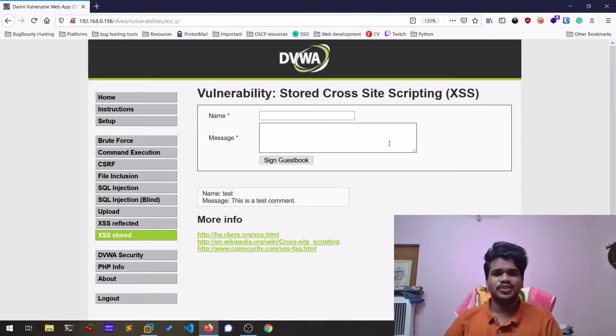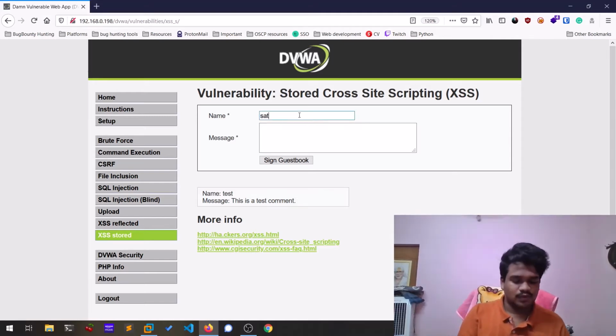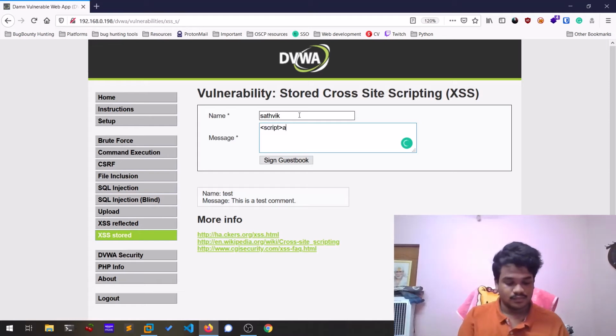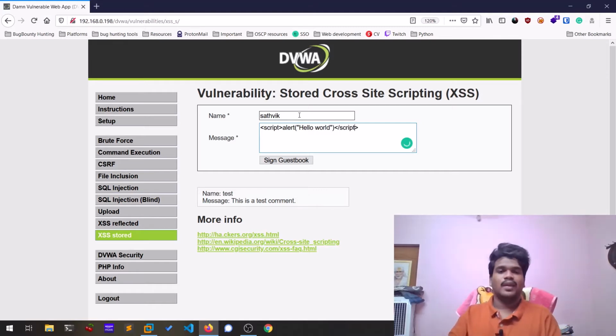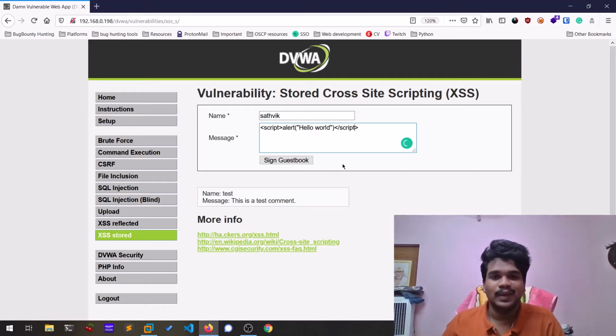So now I'll be showing you over this simple comment website. Let me provide the name Satvik, and let me provide a script that alerts Hello world. This is my payload, guys, a simple payload. And if you simply click on sign guestbook,